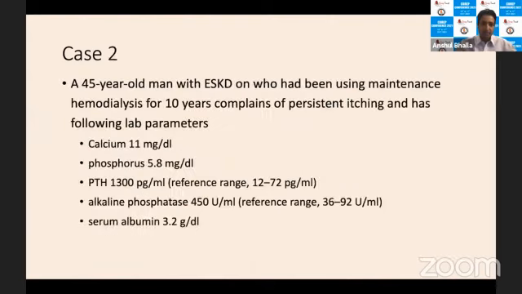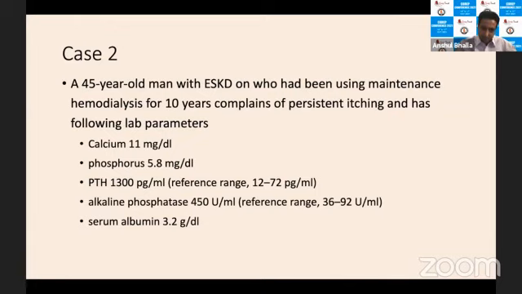So this is hypercalcemia. Looking at another case, this is a 45-year-old man on dialysis. He's had persistent itching, and his lab parameters show a very high calcium, 11, high phosphorus, but very high PTH, 1300. And reference range, different labs can have different ranges, but in this lab, this was 12 to 72. So even if we say 2 to 9 times, this is much higher than 2 to 9 times of